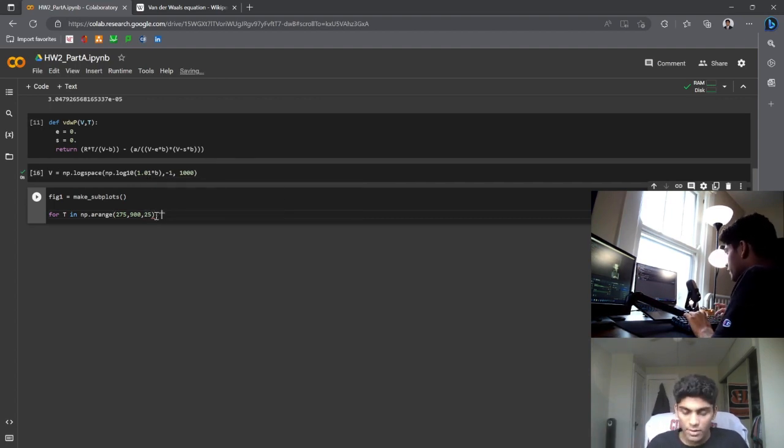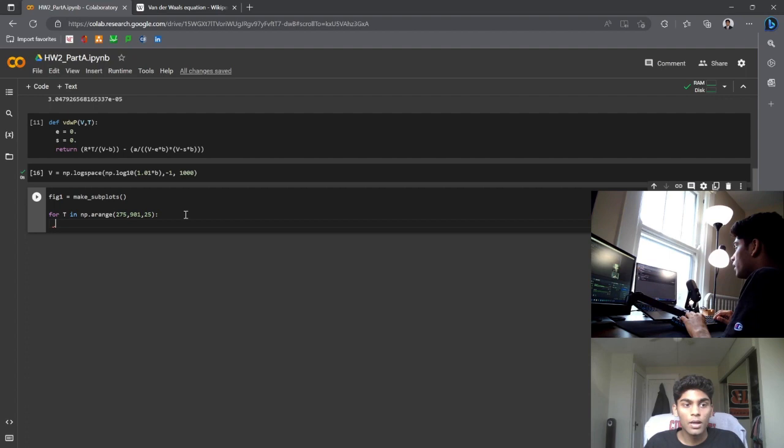Now, here's the thing about that arange. As soon as it hits 900, it's not going to graph anymore, which means that it won't graph that 900 Kelvin line. So instead, we're going to go 901 just to make sure that it can plot that 900 Kelvin. So now we're going to go fig1 dot add scatter,